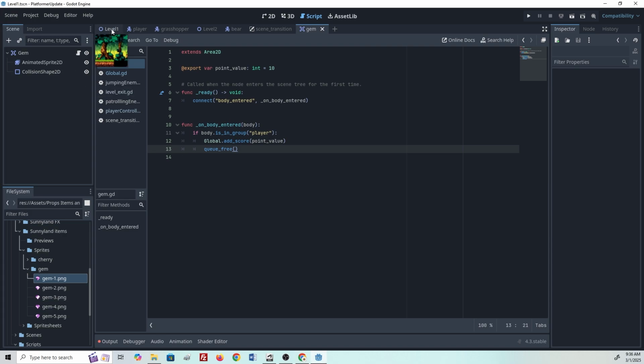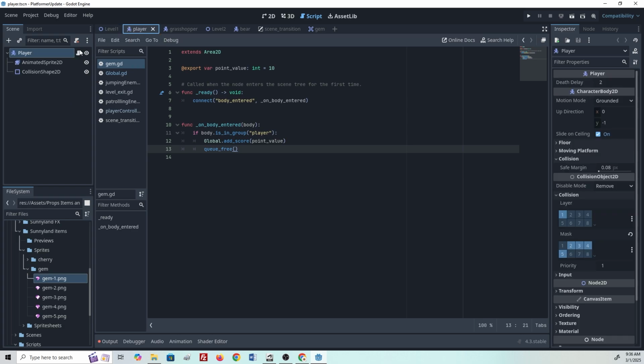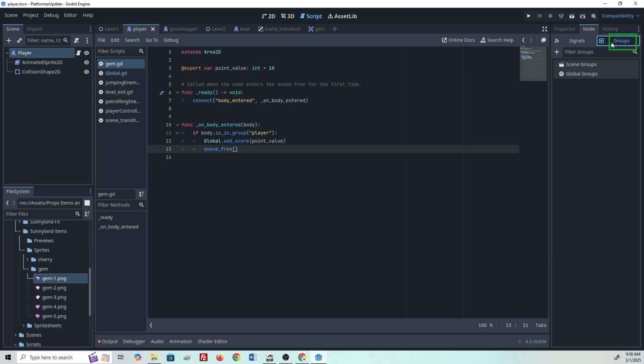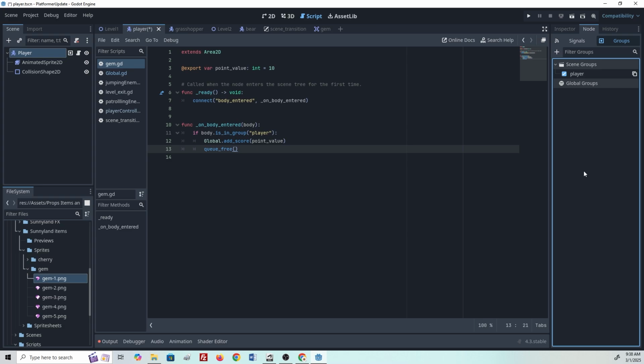Now let's set up the player and add him to a group. I think we can do it from here. Player node, alright, so with group selected right here, we're going to press this plus sign, create a new group. We're going to name it player. Okay. And we should just be able to add it, and that should be fine. So now that the player is part of that group,